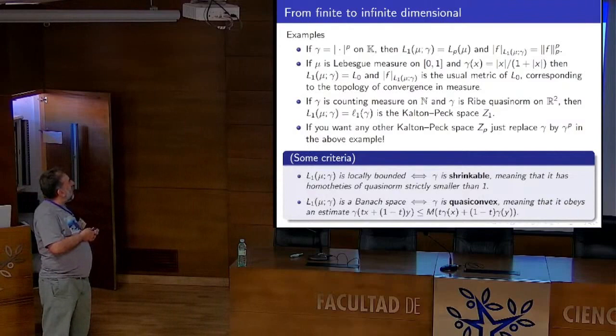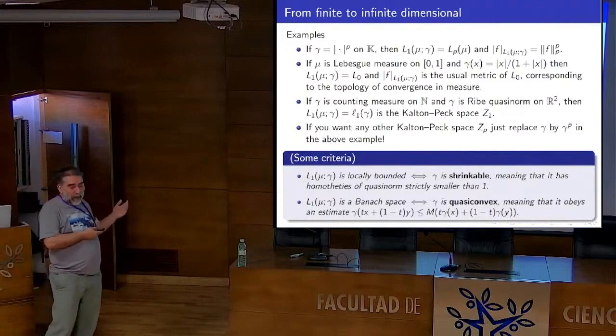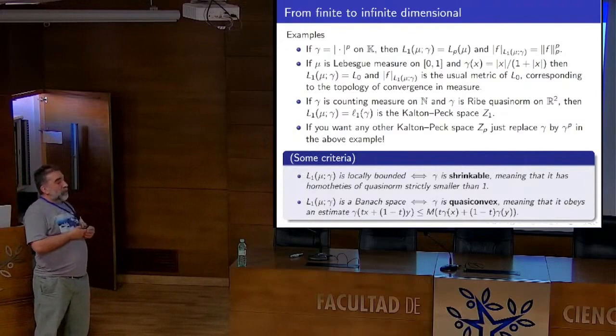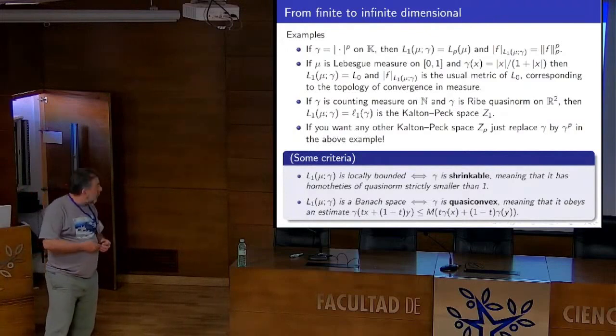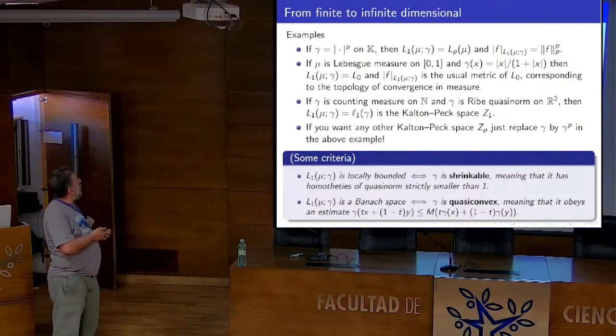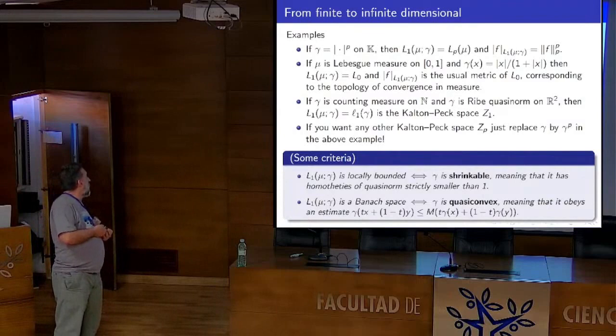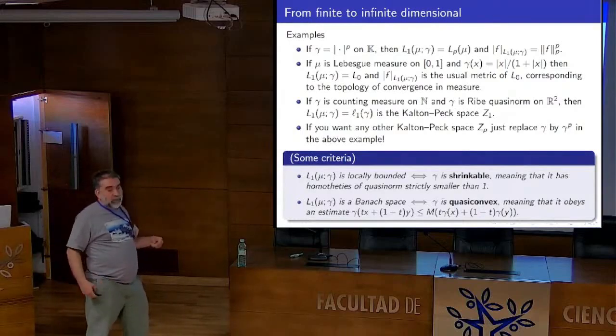But in any case, we need some criteria to study the usual properties of topological vector spaces, for instance, local boundedness, or more or less to be a quasi-Banach space, local convexity and local boundedness, to be a Banach space, and so on. But there are very simple criteria for doing this. For instance, the L1 group is locally bounded, that is a quasi-Banach space, if and only if the seed quasi-norm is shrinkable, which